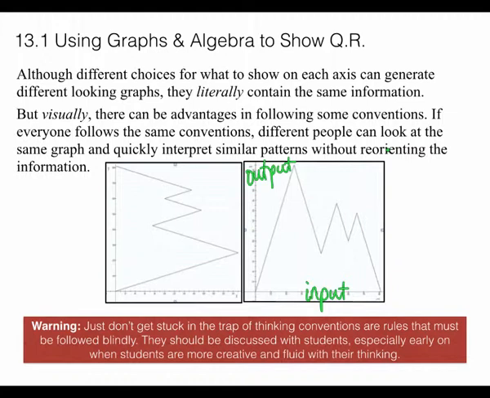Because if you never deviate from these conventions, then students will start to do what we call shape thinking, where they'll look at the picture and they'll think it's a picture of the roller coaster actually moving up and down, for instance. That's not what we were showing. We were showing a relationship between vertical distance and total distance, which is very different than capturing a trace of a roller coaster rising and falling. Okay? So,